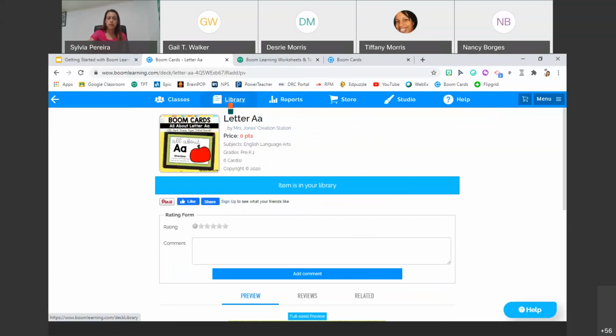So if you are looking at my screen, this is very difficult if you're trying to do it and not looking at what I'm doing. It makes it difficult for you to see what I'm doing. So if you look at what I'm doing right here as I'm sharing my screen, if you click on library,